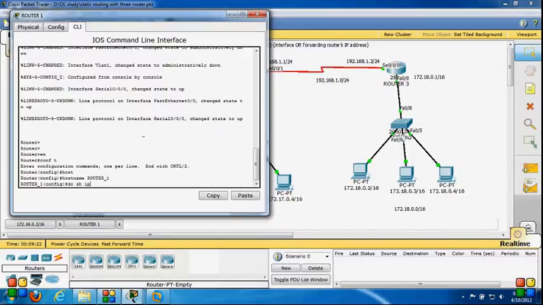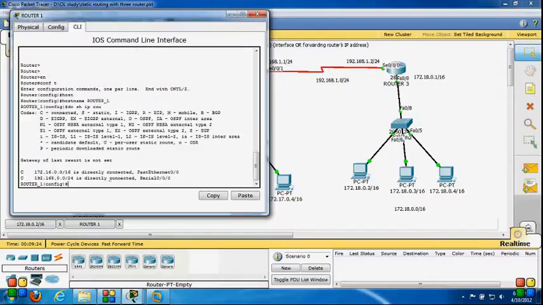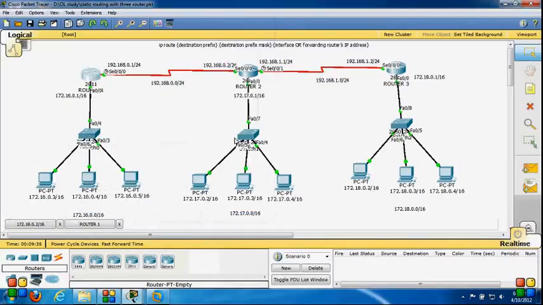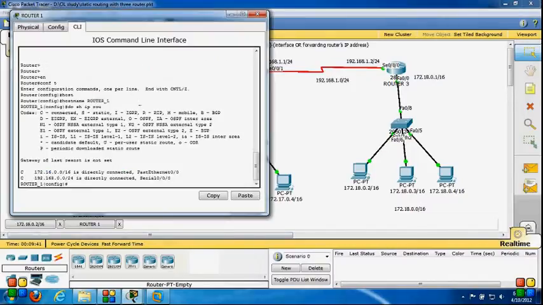Now let's check the routing table of router 1. Do show ip route. It shows the directly connected networks 172.16.0.0 and 192.168.0.0. So I have to add static entries for the two indirectly connected networks, which are 172.17.0.0 and 172.18.0.0. Here is how we configure ip route.